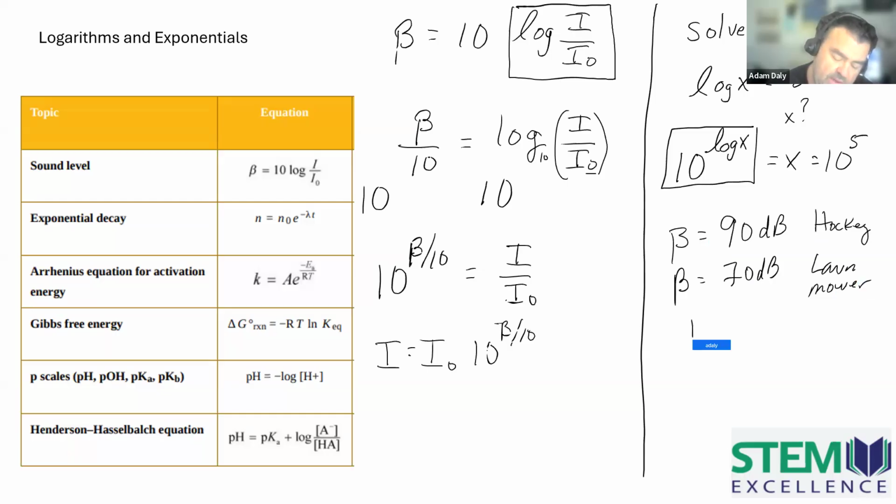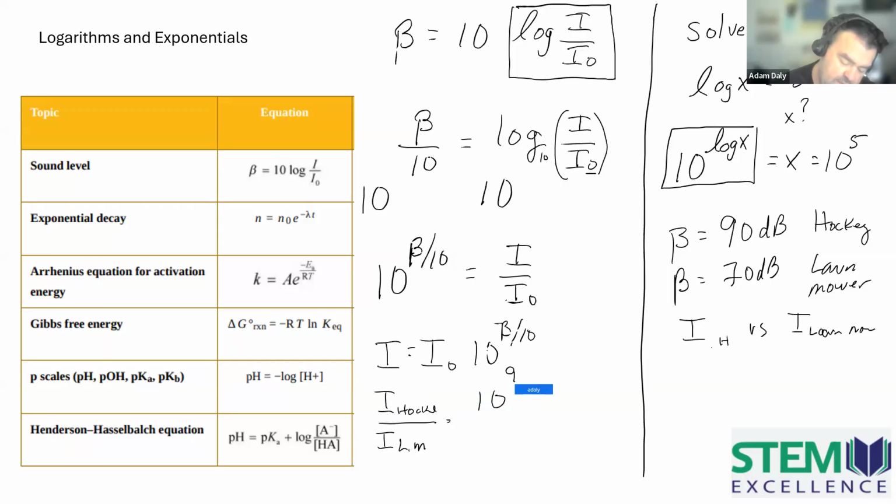I just want to know, what is the ratio of intensities for the hockey versus the lawnmower? Okay, well, then we can use this equation. We can say, okay, for I of hockey over I of lawnmower equals 10 to the 90 over 10, divided by 10 to the 70 over 10,